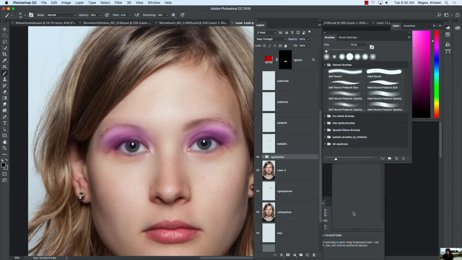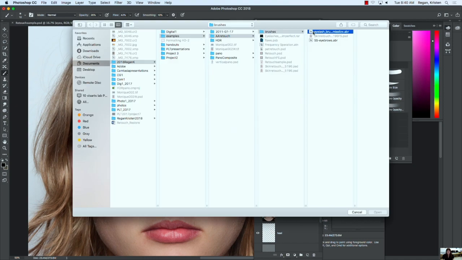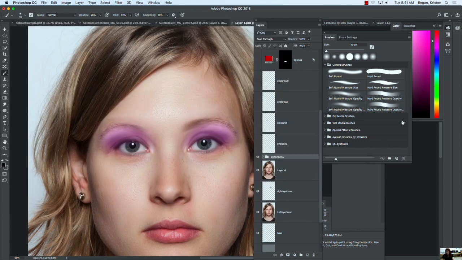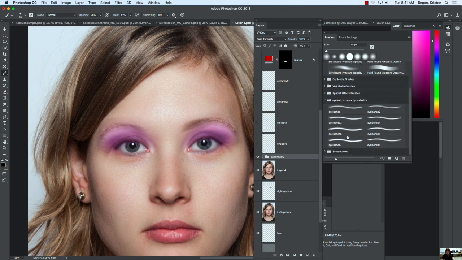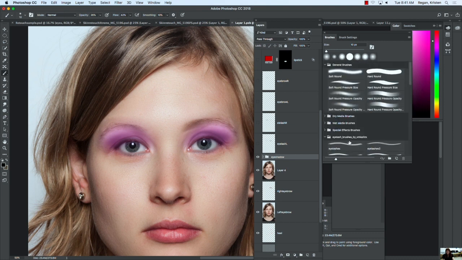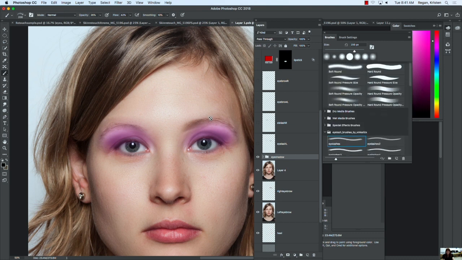.abr. I'll show you what that looks like. So import brushes. So this is what the file looks like. This is eyelash.abr. This is eyebrows.abr. And then you just click on that and open it. And when you do that, then it places those into your brush palette. And they don't look like much, but when you click on one,